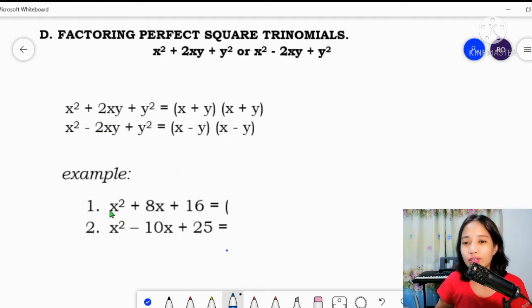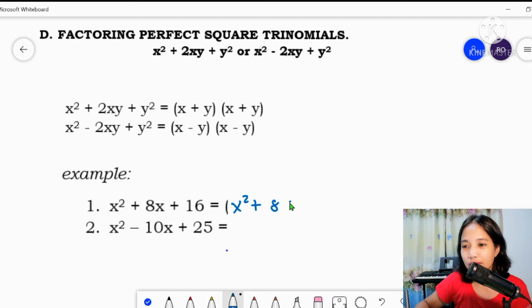Okay, so let us have this example. X squared plus 8x plus 16. So kung mapapansin nyo dito, both our first term and the last term are perfect squares. Okay, so therefore, we can apply this general form. Okay, so we'll express first 16 into exponential form para mas mapadali sa inyo na makita kung ano yung mga factors. Okay, so let's copy first x squared